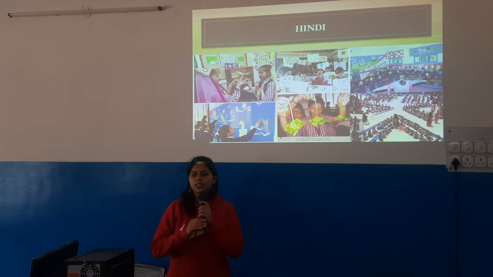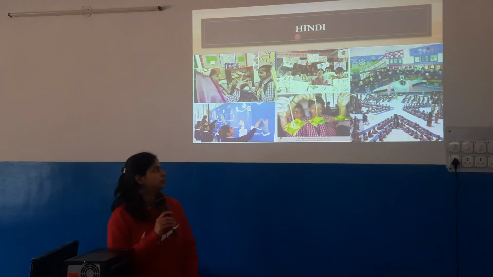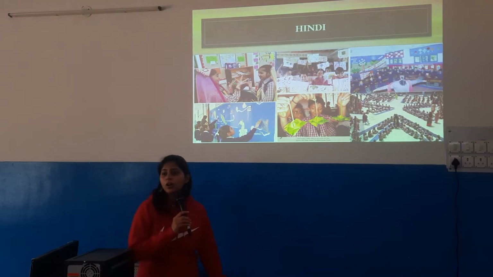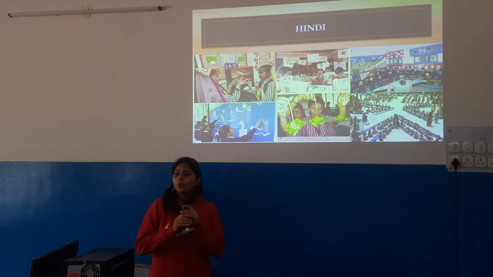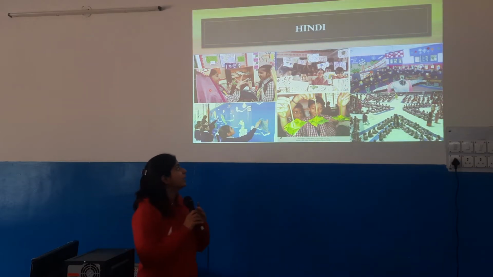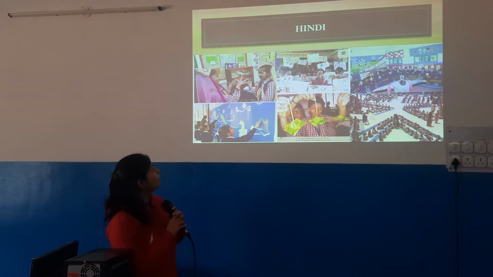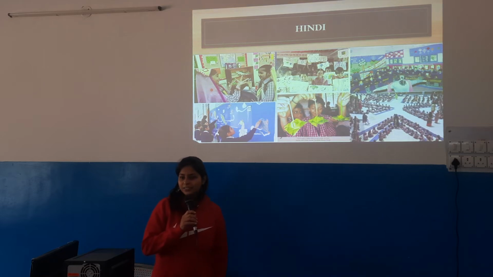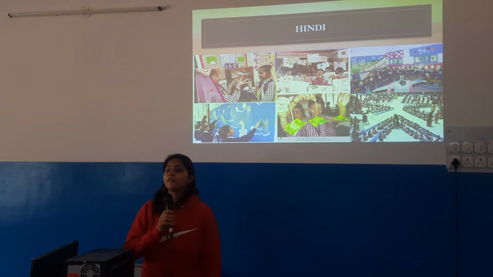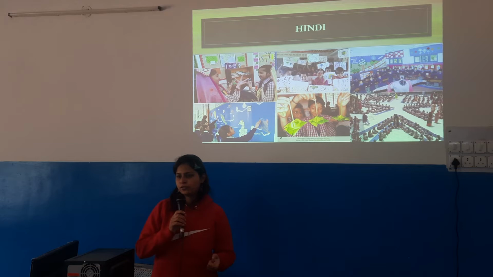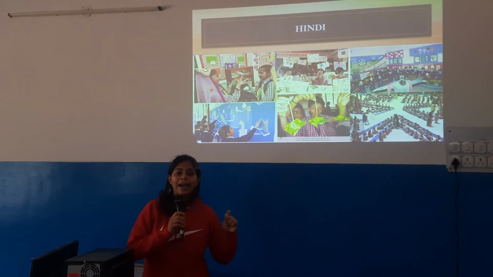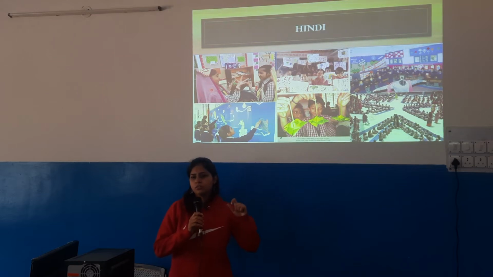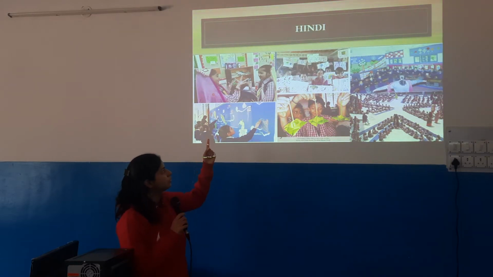In continuation to this, we talked about the subject Hindi. Again, in Hindi, we start with the same puppetry and role play. The first picture is again from the Delhi school, which they are following. Every class does this on every Friday. They perform this activity. They choose 2 different characters or main characters from the story and portray a few important lines, or you can say a few situations of the chapter, in the first picture.